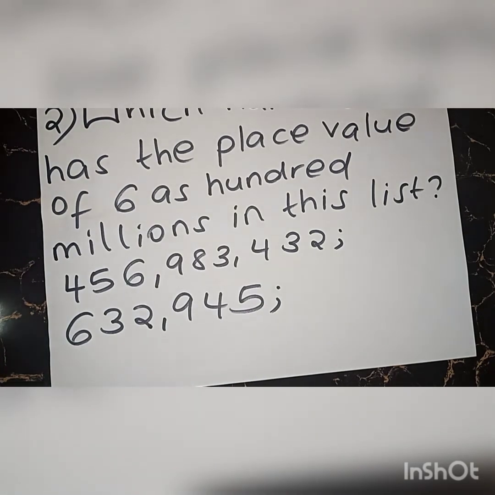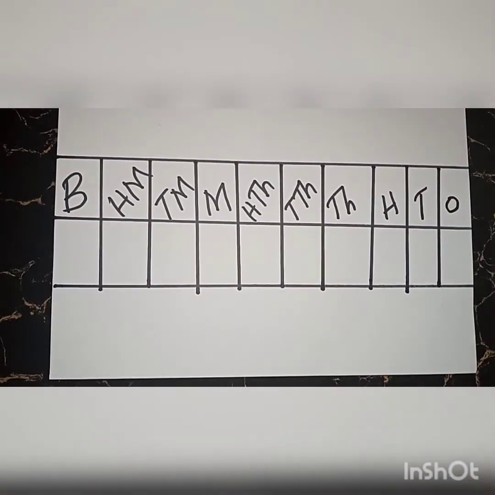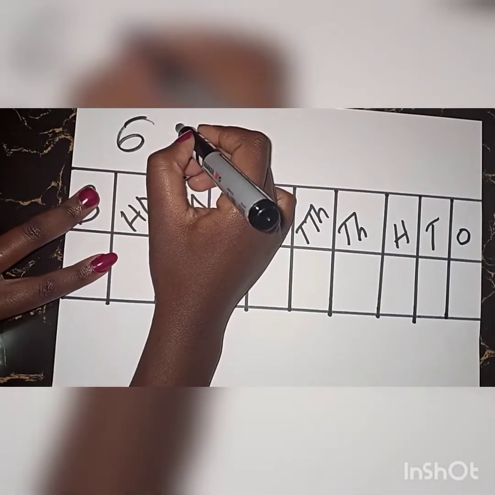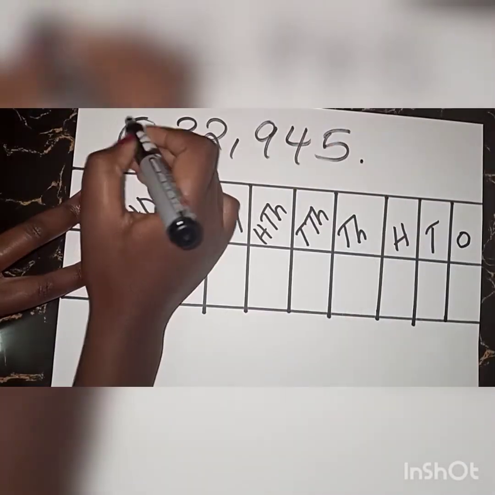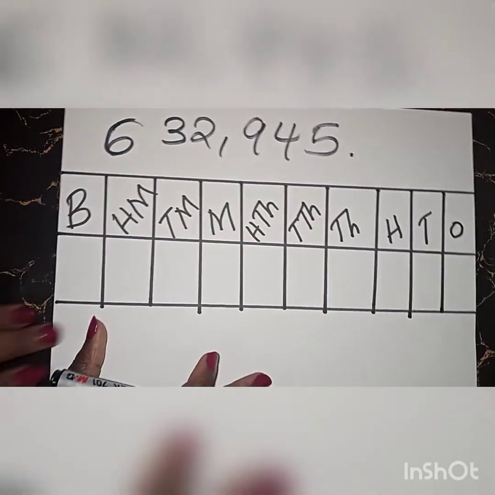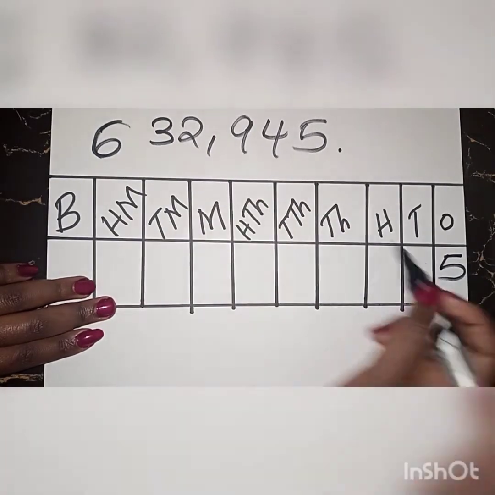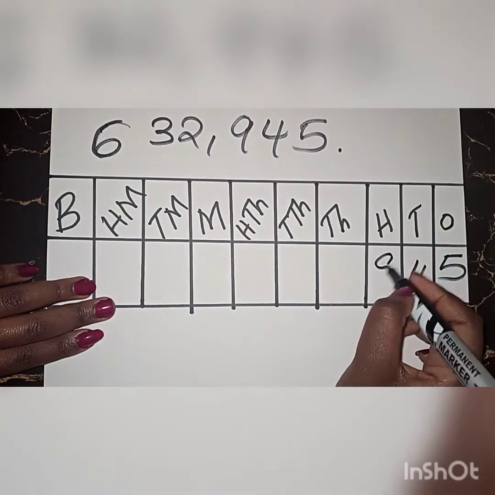So the place value of 5, this is the number we are looking at, 632,945. Okay, so 5 is in the ones place, 4 is in the tens place, 9 is in the hundreds